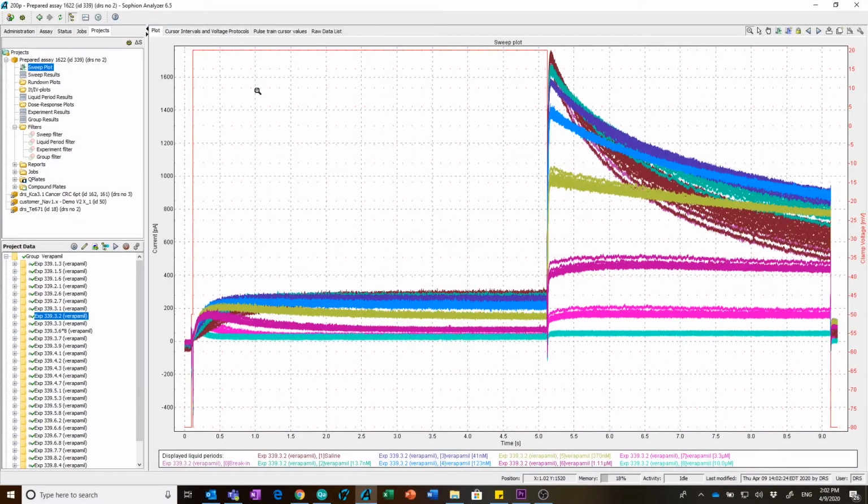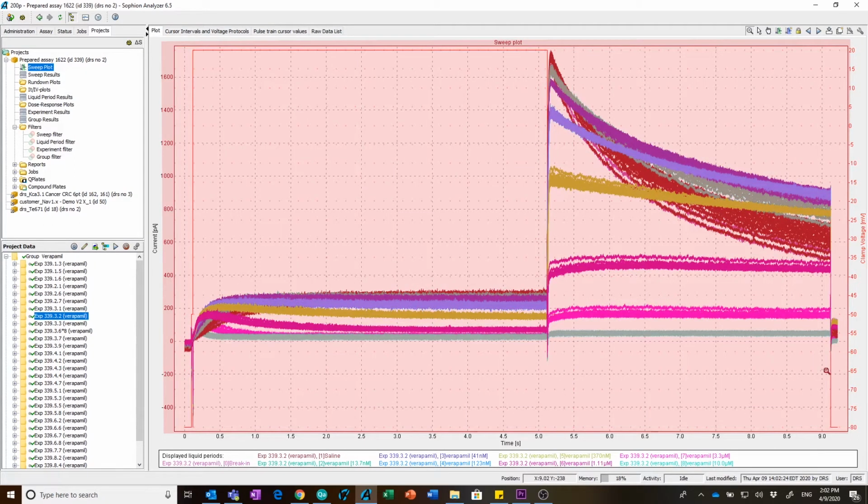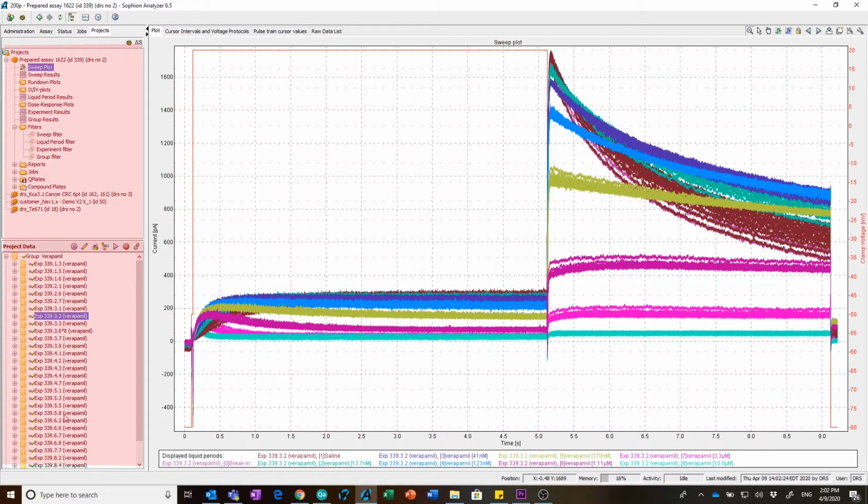The analysis part of the software is subdivided in three main sections. A large screen displays all the data that is selected in the left part of the software. We have in the lower side a project data tree that allows us to select different experiments that were run in this one job. These are represented as different folders shown here, and each of them has an identifier number shown